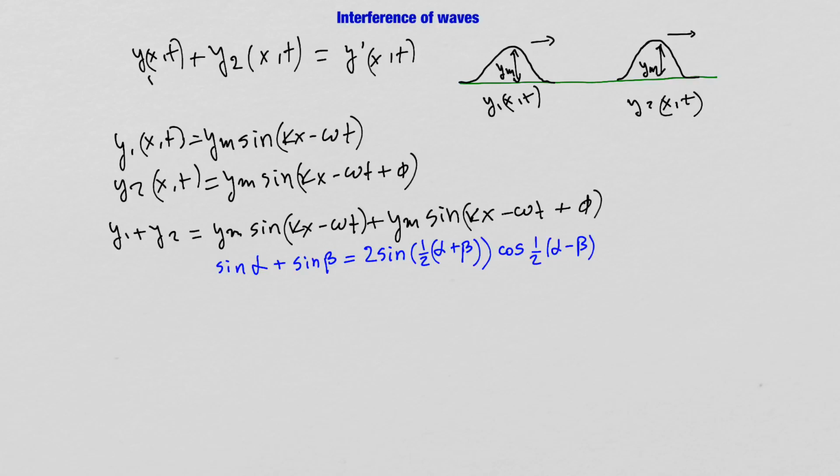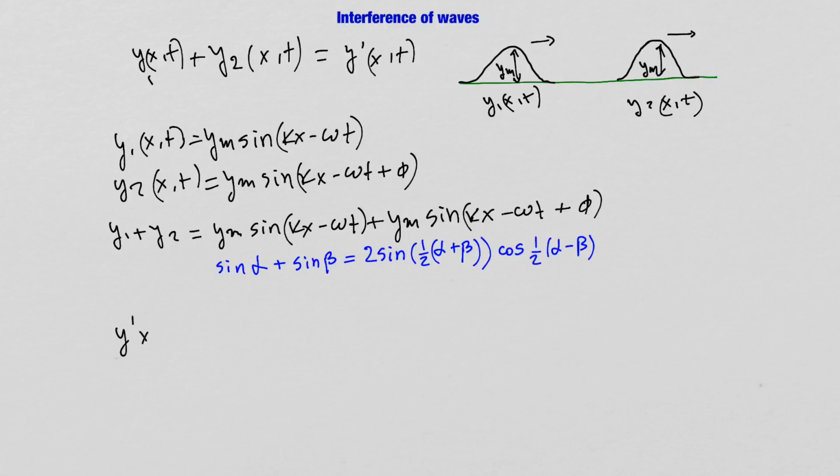So I'm going to use that and apply it to the above sum. I'm going to assign kx minus omega t to be alpha in this identity, and kx minus omega t plus phi will be beta. Without going through the details of the calculation, the result is